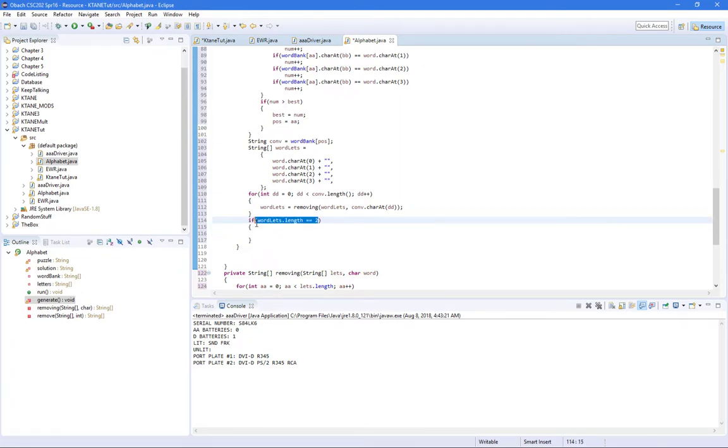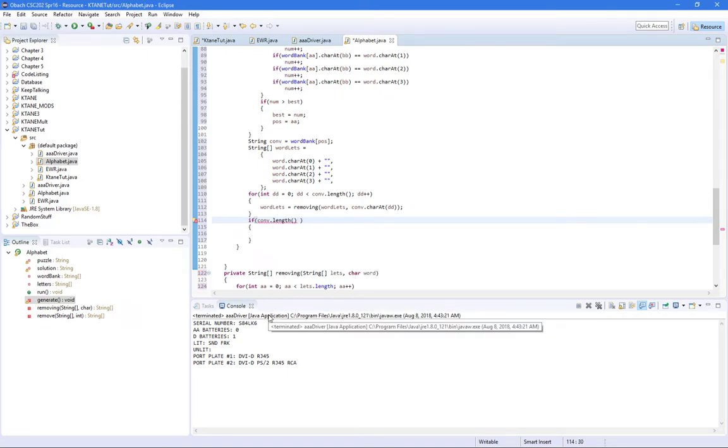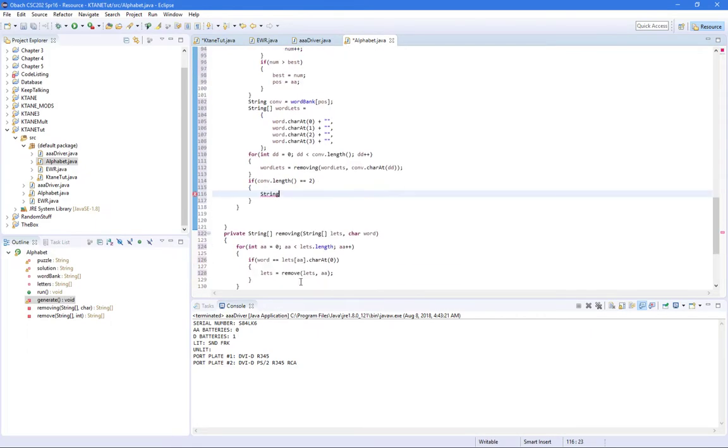If convert length is equal to 2, then we're going to take our wordlets. Let's take a word that's going to equal wordlets of 0 plus